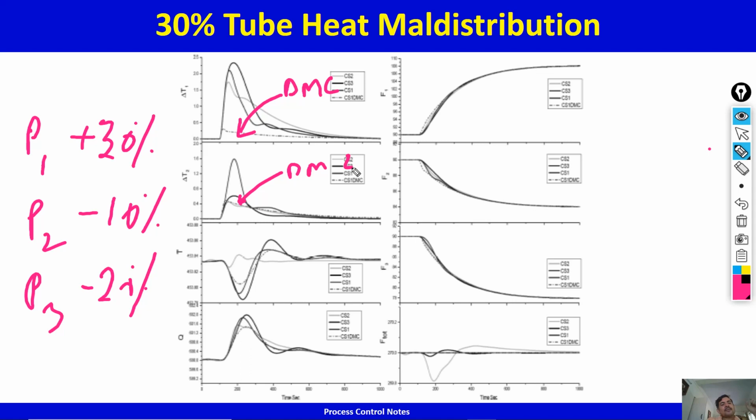So DMC does a better job of controlling tightly delta T1 and delta T2, and if delta T1 and delta T2 are much more tightly controlled, the fouling will be balanced across the tubes, and therefore your furnace life will be prolonged that much more before you need to shut it down and clean up the tubes and remove all the muck. Okay, so that's that. There is another one that we did,